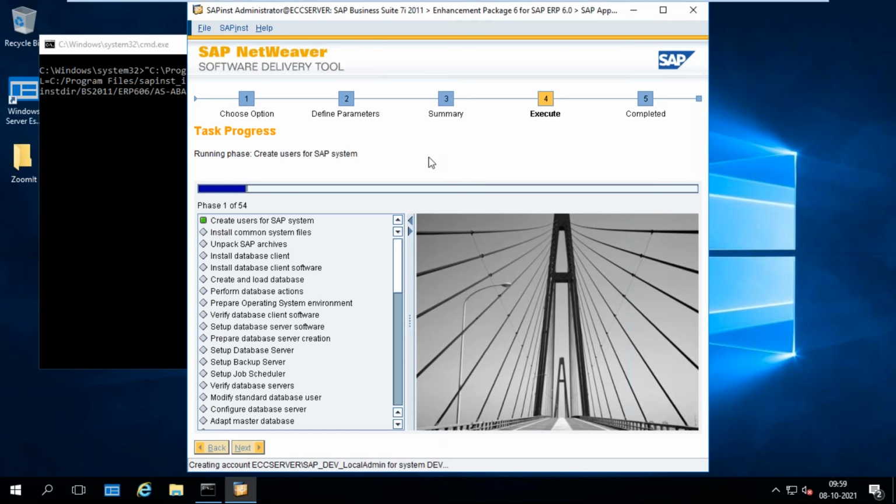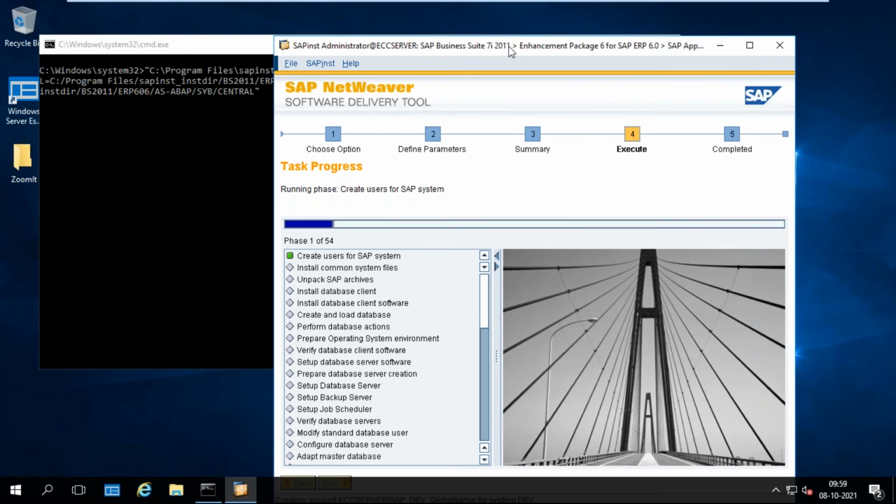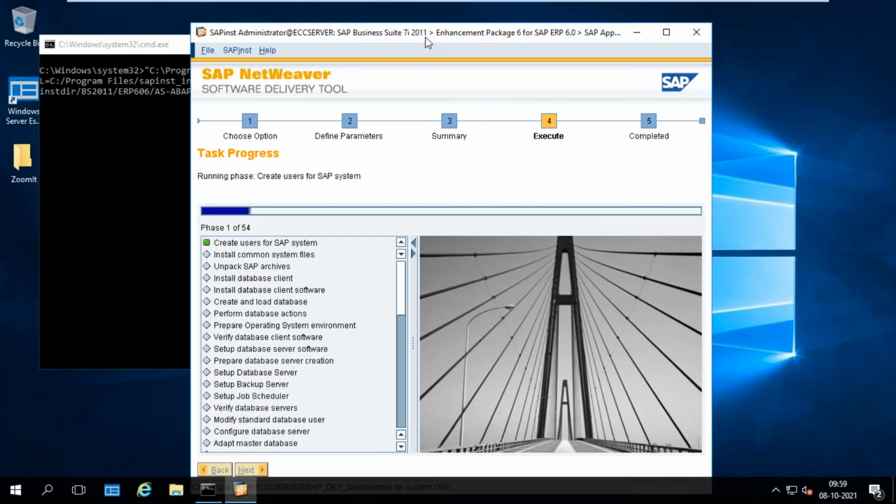Okay, so this is the last step. From already 3 hours back we started the installation. It will take 13 hours or 14 hours based on your RAM size and your processor also. So i3 or i5, it will complete very quickly.